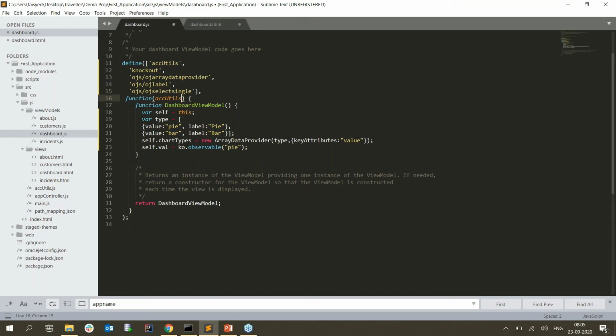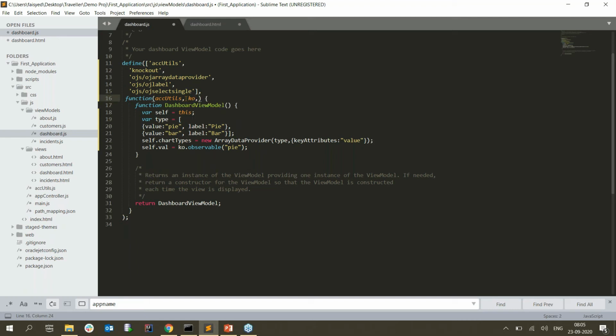Now we have defined the libraries that we are planning to use. What else we have to do is pass them to the require object, following the same order. We defined knockout first, and the variable that is going to use the knockout lib is KO. As you can see, we are making use of KO, so you have to define that exact variable.